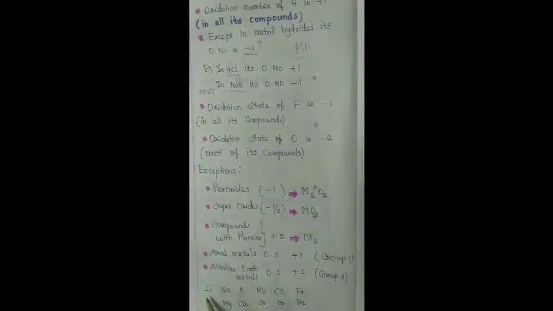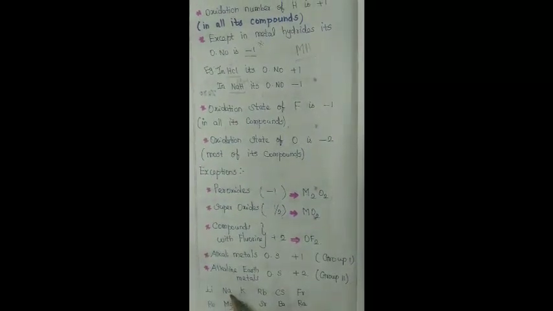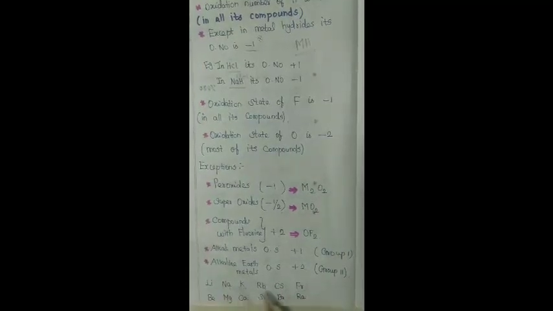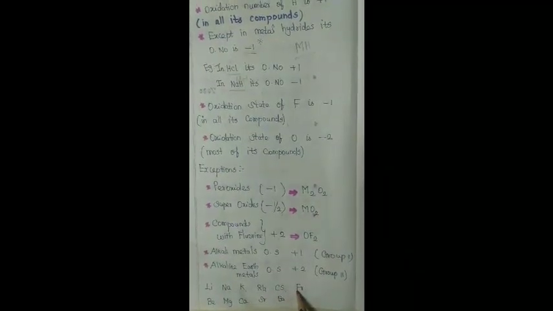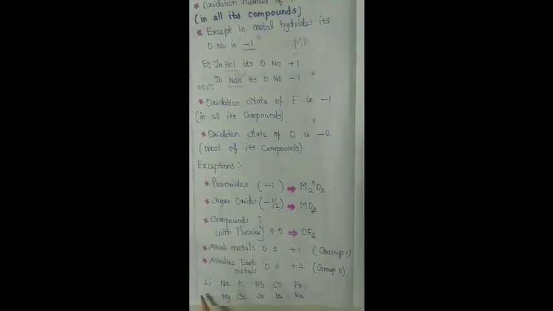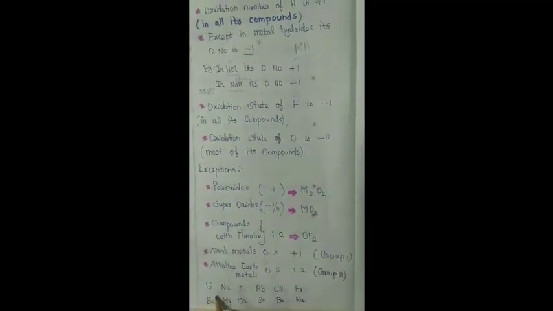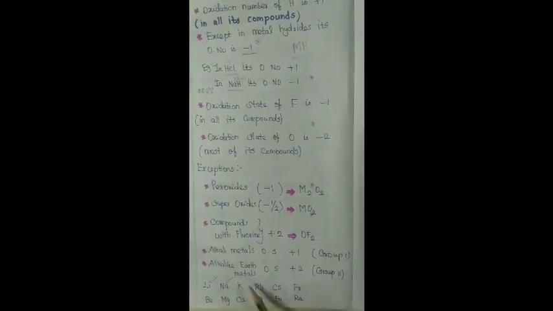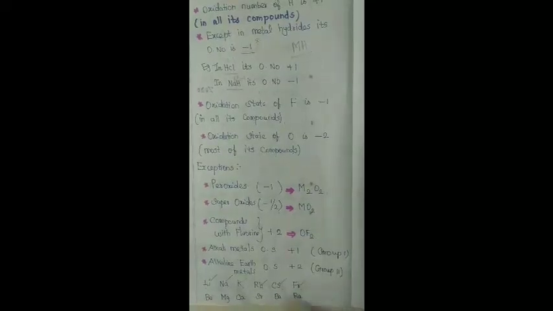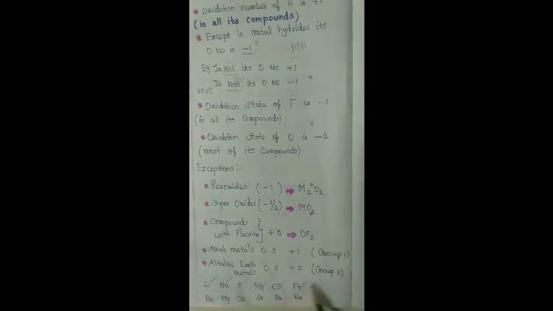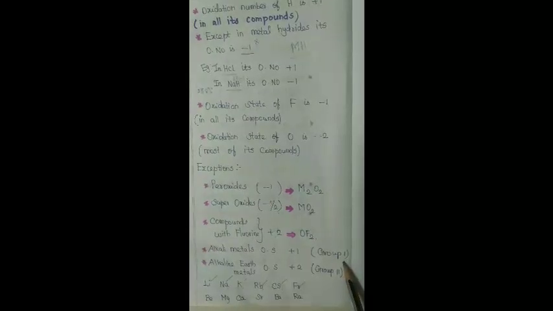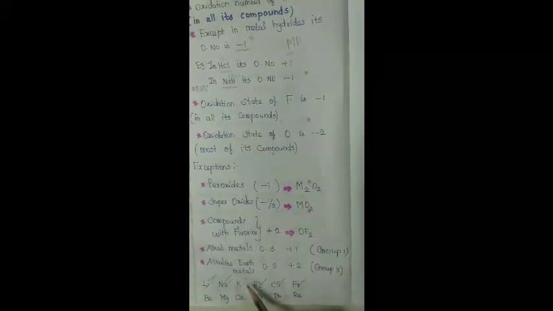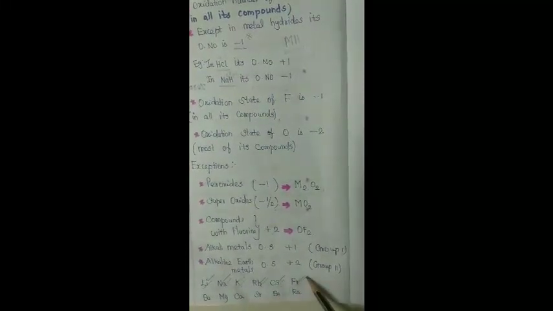Listen. Group number 1 is lithium, sodium, potassium, rubidium, cesium, francium. So these elements are in group number 1. How can we memorize this? I am going to tell you some mnemonics. That is Lily, Na, Ik, rubidium, cesium, friends. Likewise we have to memorize the group number 1 elements. Again I am repeating, students: Lily, Na, Ik, rubidium, cesium, friends.